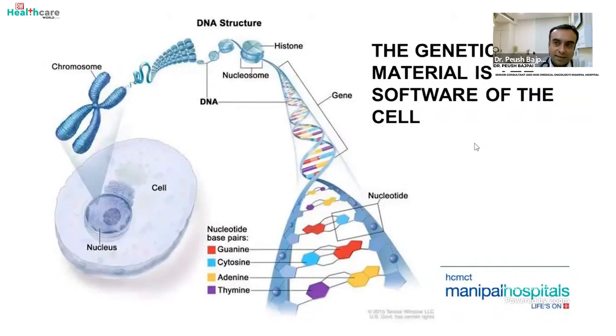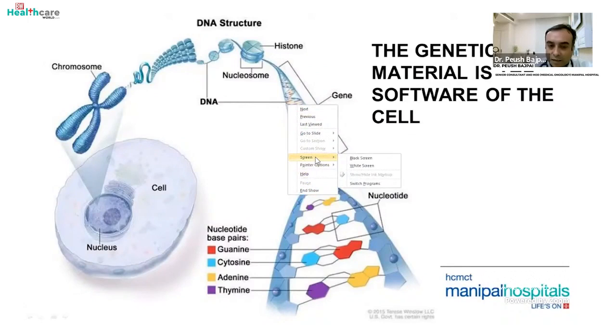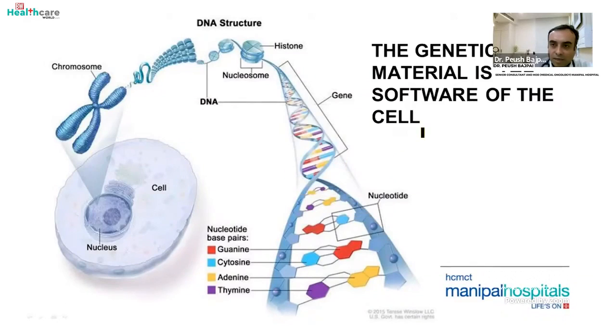So the basics of it is when we talk about gene, the place where all this comes from is the chromosome, in the chromosome of each cell, and we know that this particular chromosome has DNA as the basic material. This DNA is basically having these particular genes, and these are in the form of multiple pairs of nucleotides. The genetic material, in another term, is the software of the cell.